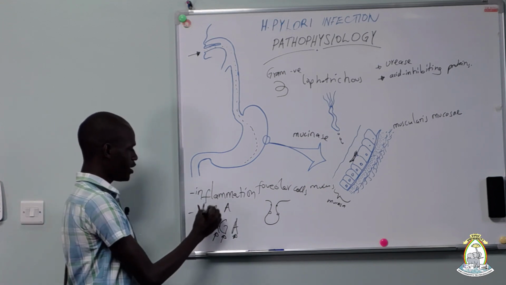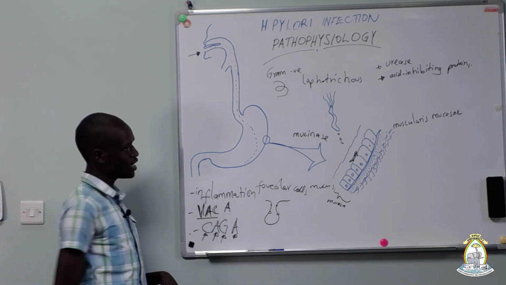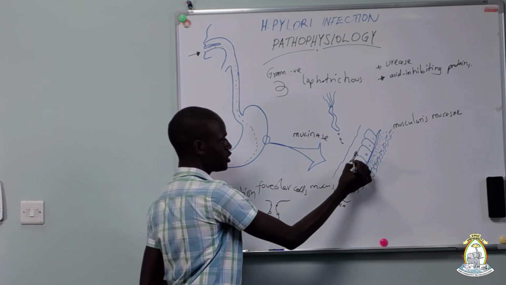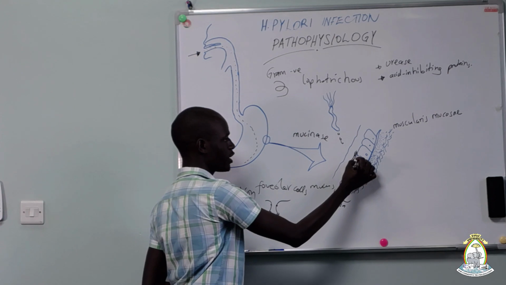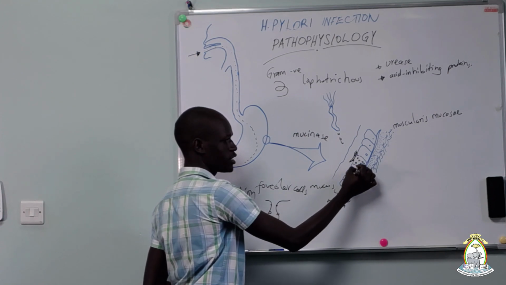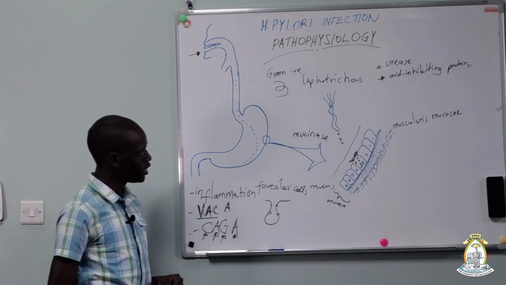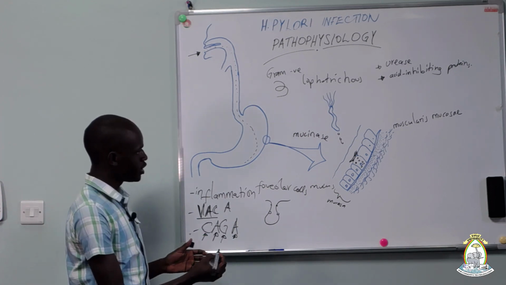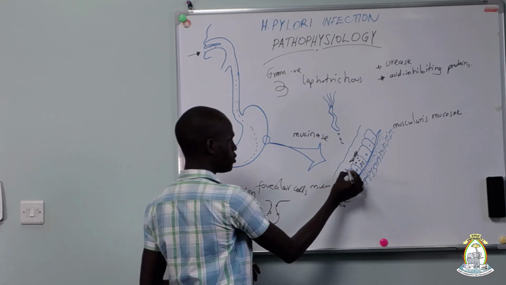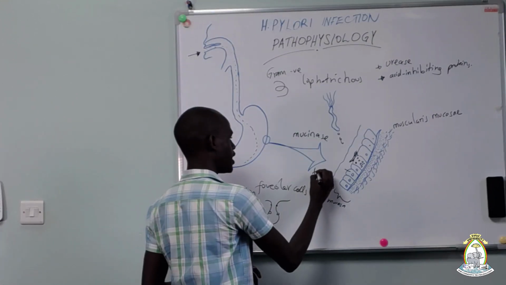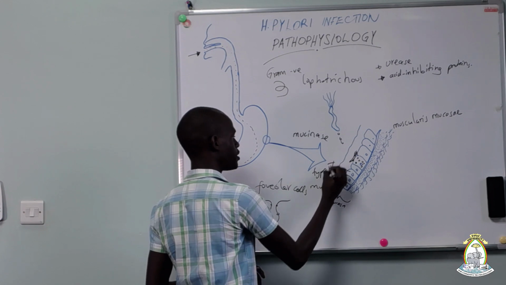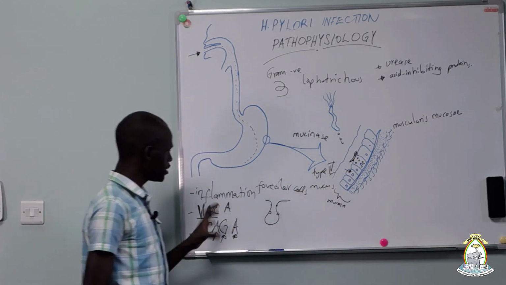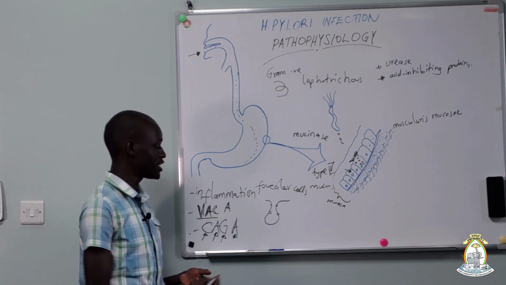So the VacA protein has a very undesirable action on the mucosal cells in that when it goes into the cells, it causes formation of vacuoles within the epithelial cell, and this results in apoptosis. Whereas the CagA protein is also introduced into the cell through a type of secretory system. It's a type 4 secretory system of H. pylori. It gets injected into the cell, and then this protein interferes with the integrity of the cytoskeleton of the